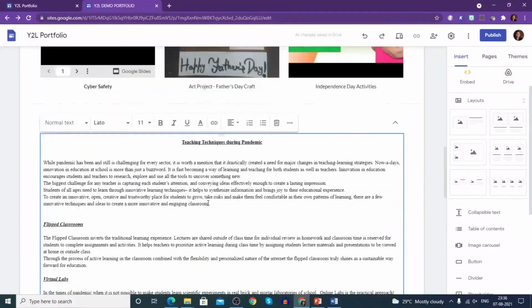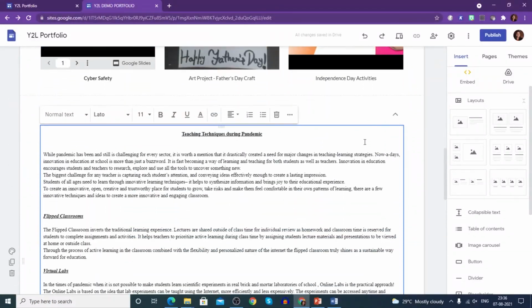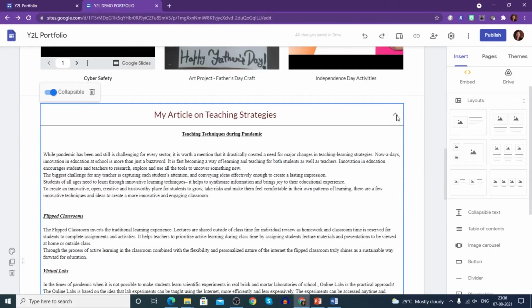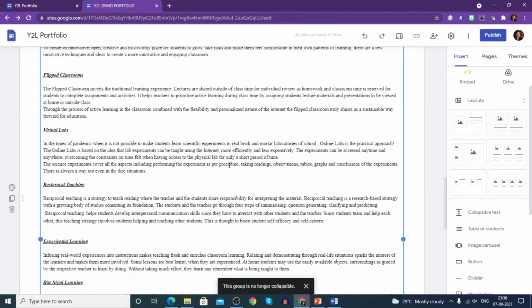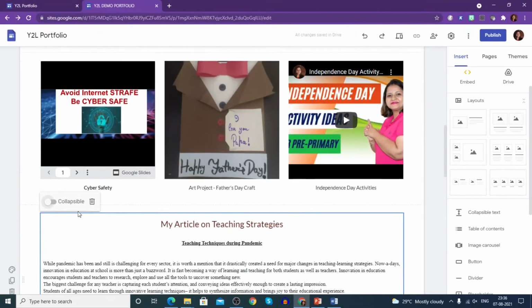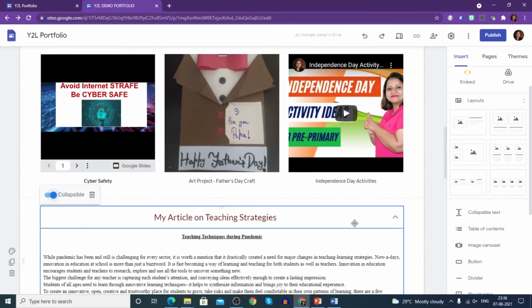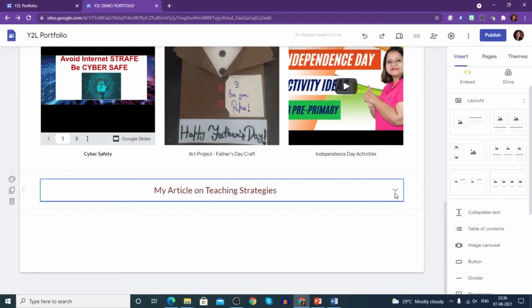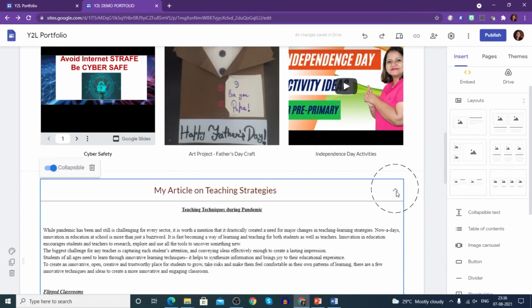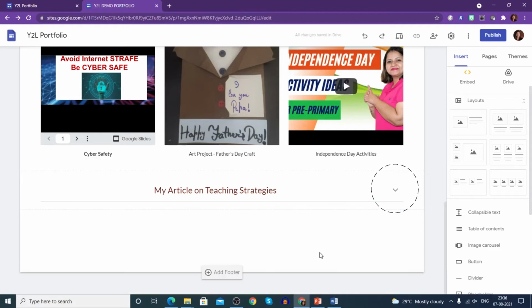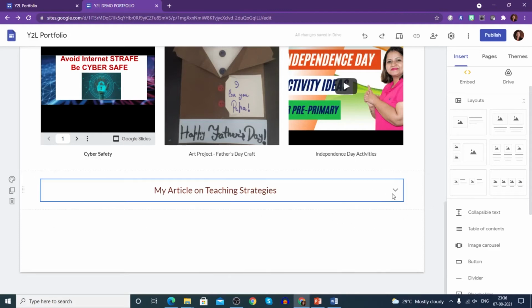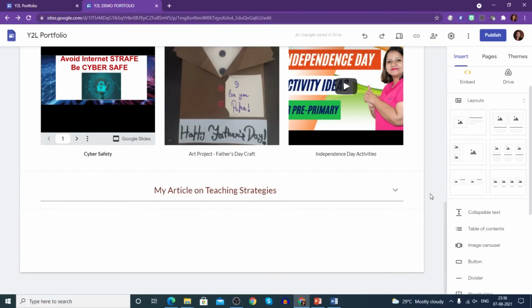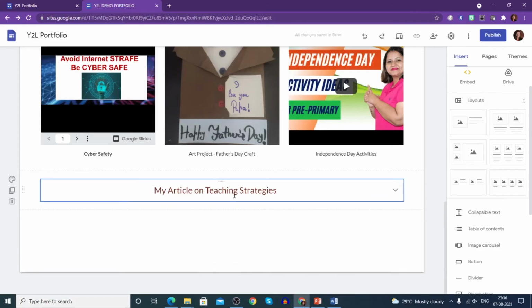It has come here. Now when we go up, you see this arrow is coming, you click here, it is showing my article and it is asking whether it's collapsible or not. If you disable it, it's not collapsible, it's just coming like this, right? And if you enable it, it will be collapsible, which means if you click outside the box, this article is not visible. It would only be visible if you click on this arrow. So this is collapsible text, that is, it is collapsing, it is hidden, and only if you click will it be visible. So it's up to you whether you want to make it visible or collapsible.